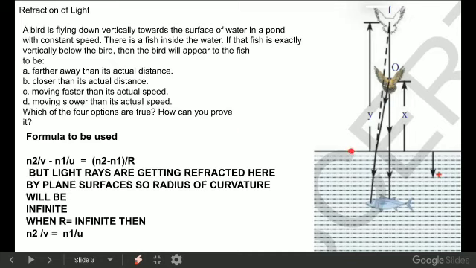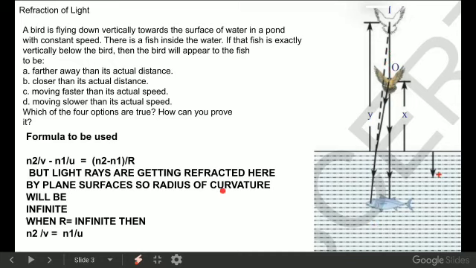In order to find this out, we have to apply any one of the equations we discussed in the beginning. Unless we apply those equations, we cannot find out how the bird actually appears to the fish. Here, how the bird appears to the fish is the question, so the light rays which are originating from the bird to the fish are important to us. Why? Because the question is how the bird appears to the fish. So the light rays moving from the bird to the fish will decide how the bird appears to the fish.